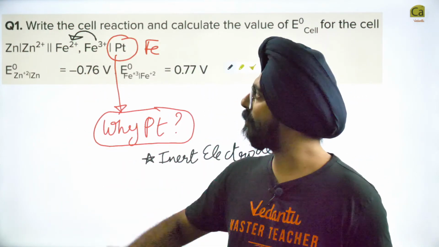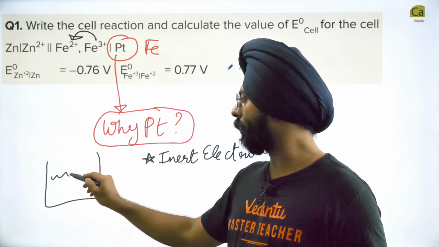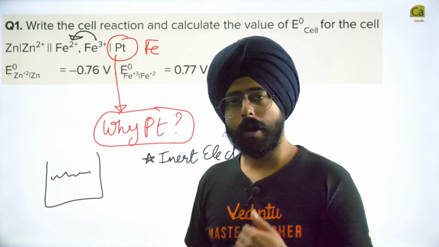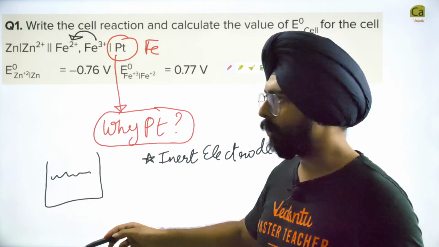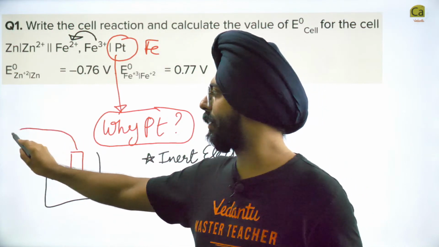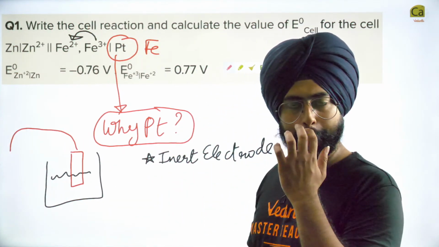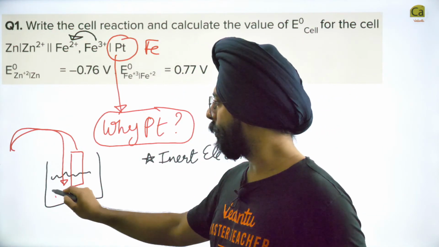Now, Fe3 positive and Fe2 positive are both aqueous, isn't it? My dear friends, do you realize that for the cell to work, you need an electrode over here which is then connected to the wire? Because if you connect the wire directly over here, there is a salt bridge also,